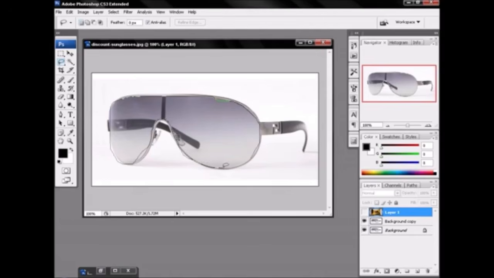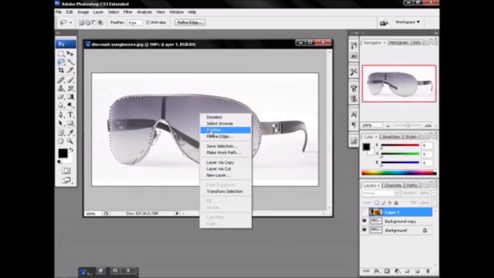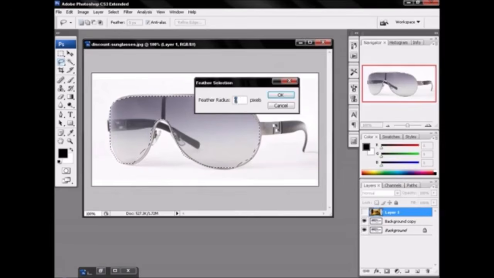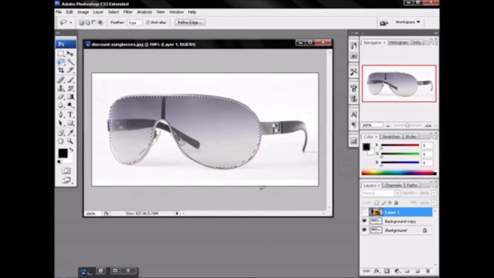If you want you can zoom for better selection. Okay, then right click and choose feather, change 5 will be okay for me, then click OK and